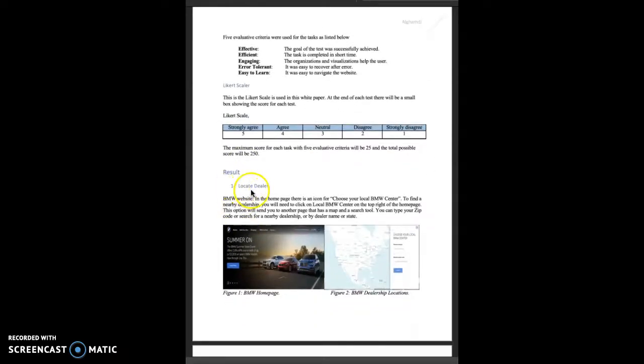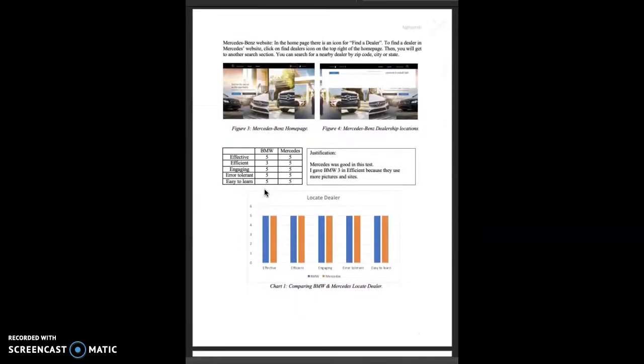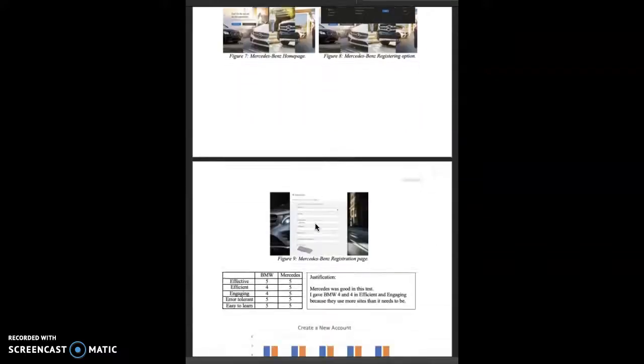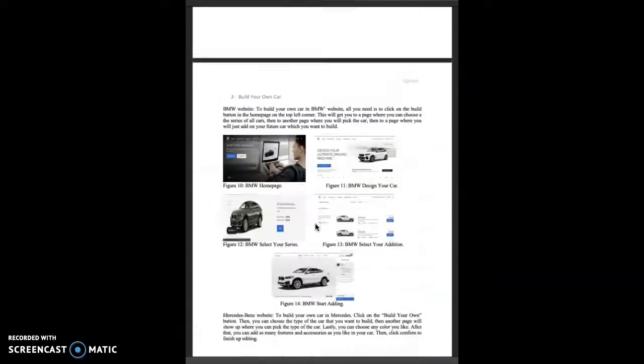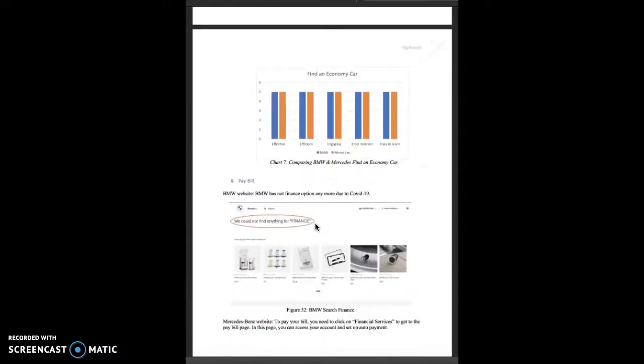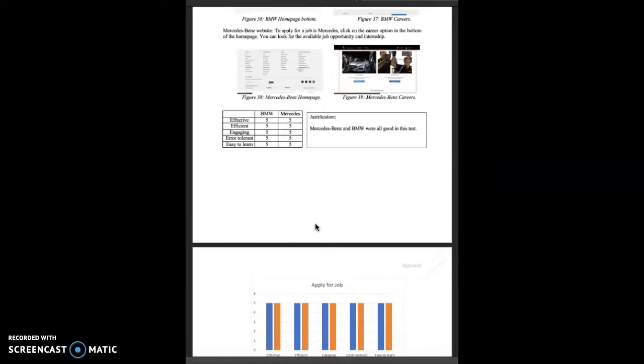Then I started with the results for each task as shown, with the photos, the scale and justification, and lastly a chart for each task. I went through that until I got to the last point, where I started to talk about the recommendation and